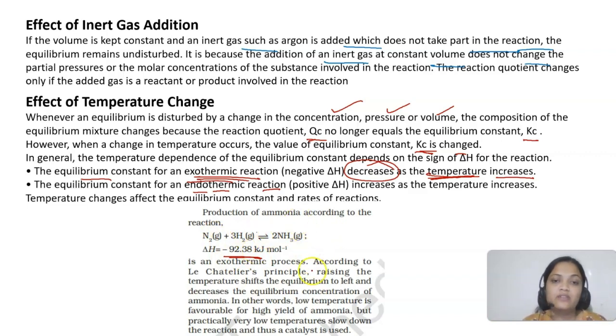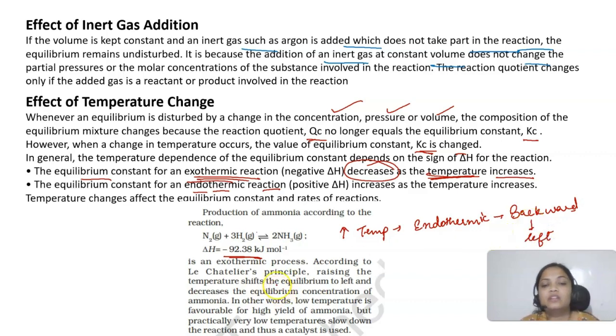Delta H is negative. So if you are increasing the temperature, तो system कौन सी direction में shift होगा? It will favor the endothermic reaction. और endothermic कौन सा है आपका? Backward. Here in this case it is the backward reaction or the reverse reaction. So the equilibrium will shift to the left hand side, means it will decrease the concentration of ammonia. Okay, अगर ammonia की concentration decrease होगी, of course